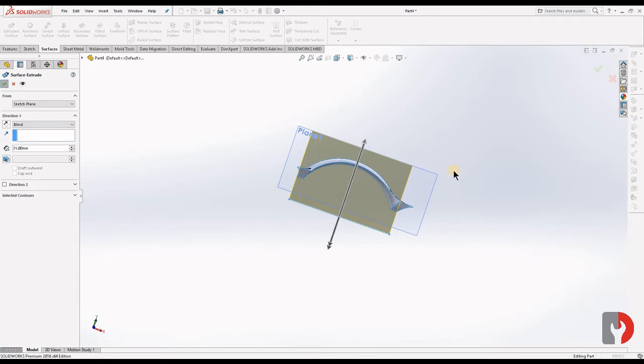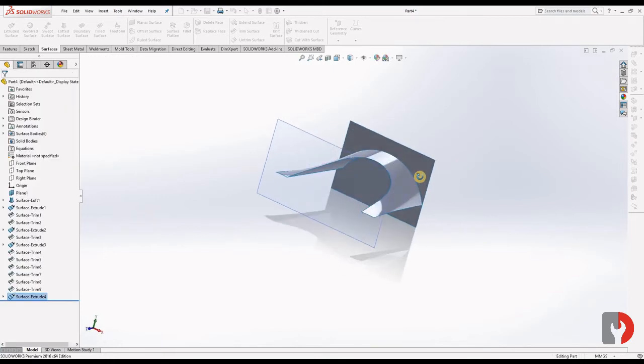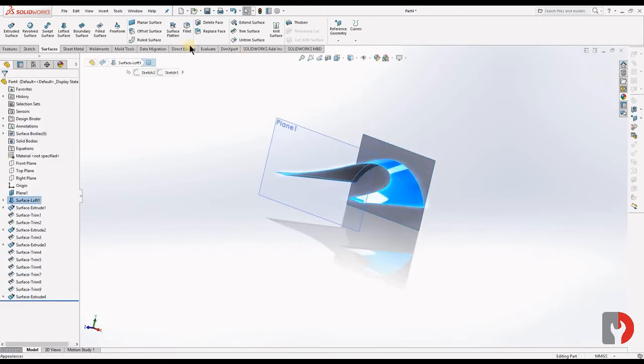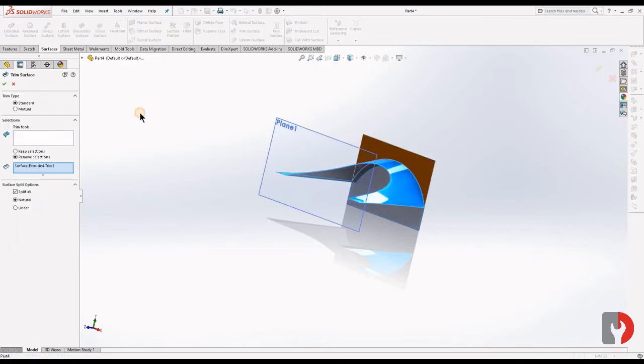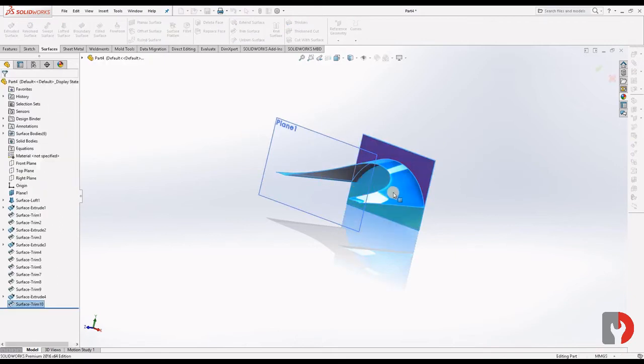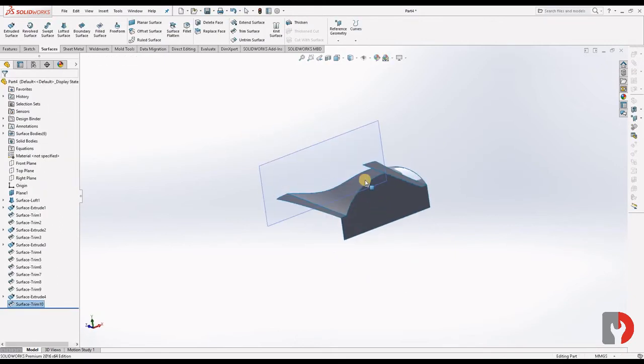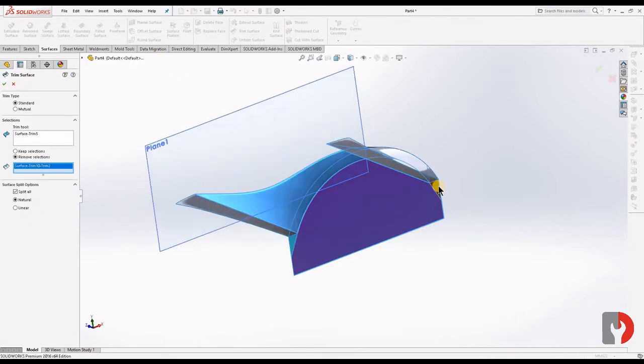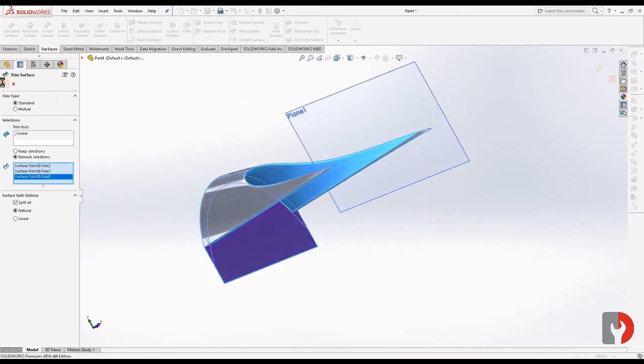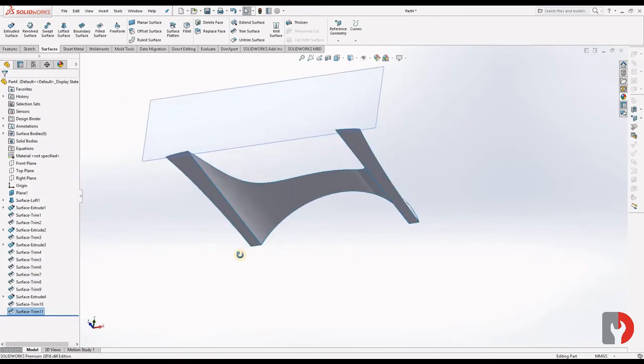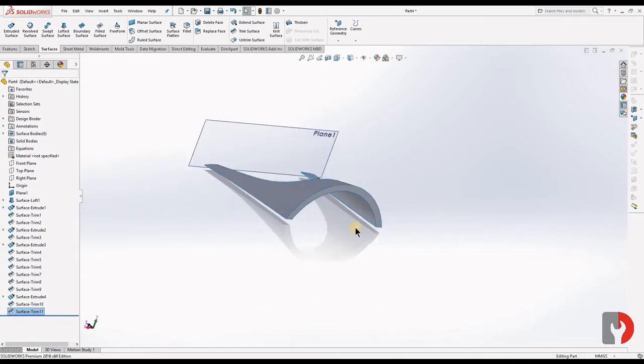Okay, now choose this face, trim surface. Okay, now choose this face, inner face, trim surface. Okay, ensure that you have selected all the faces to be trimmed. Okay, now it's fully closed.